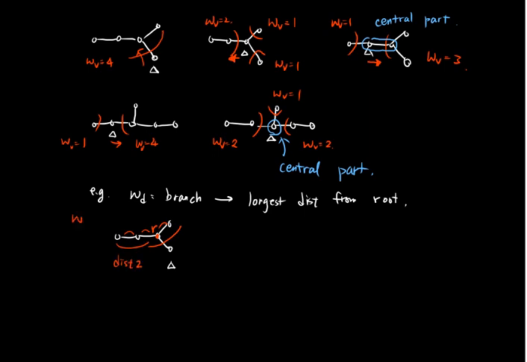So the weight of distance is equal to 2 on the left hand side. So we only care about how deep this branch is. So we move that in this direction, which is expected, and put it here. Now we got 3 branches,